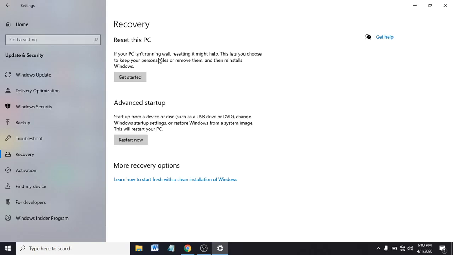If your PC isn't running well, resetting it might help. This lets you choose to keep your personal files or remove them, and then reinstalls Windows. So it will reinstall Windows again and it will be like the first time you bought your PC, a new Windows, and remove all the files. So if you click on Get Started,